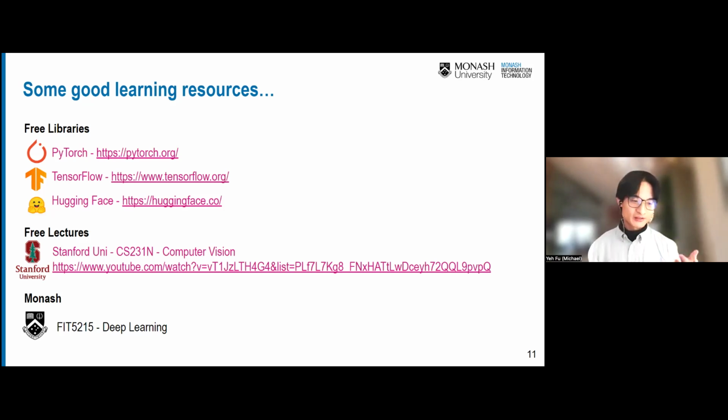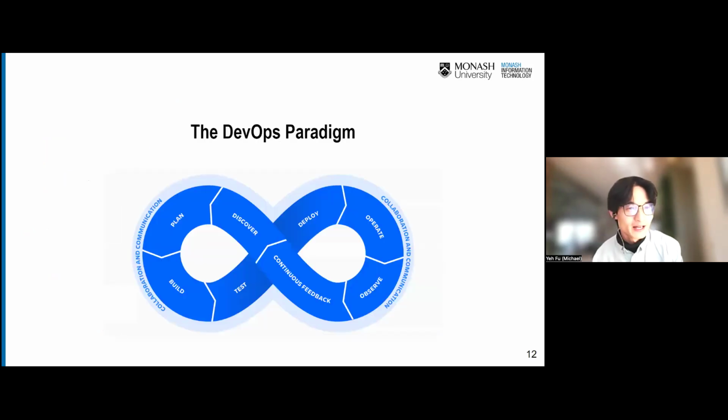And at Monash, there's actually one deep learning unit as well, 5215. It's actually led by one of my supervisors, Dr. Tron. He is really passionate about deep learning, and I would say his lecture is pretty heavy, a lot of content, but I actually learned a lot from him. It introduced every aspect of foundational deep learning, and you're going to learn the mathematics behind deep learning. It was a really great journey for me.